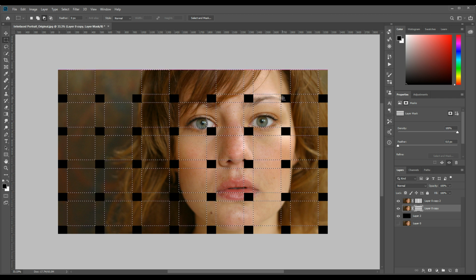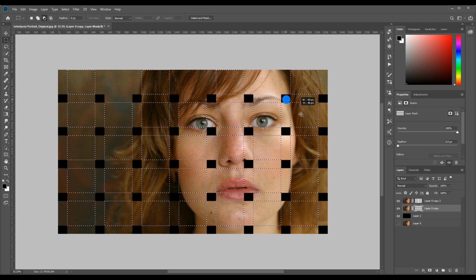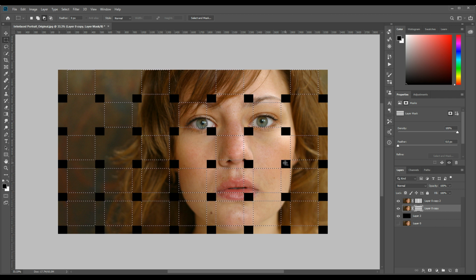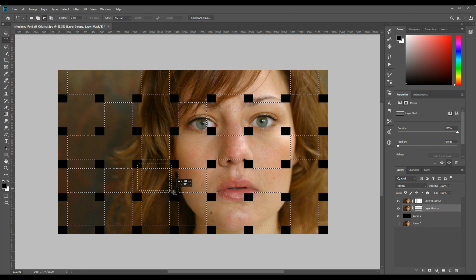There is another way of doing it, and that is through quick selection. I find this way better, and this way is easier, and you can see as well that we are making progress. So you have to make selection on the alternative squares so that just like a basket, it will give you that effect. So let me just finish it quickly. Here you go. Just make sure everything is fine and